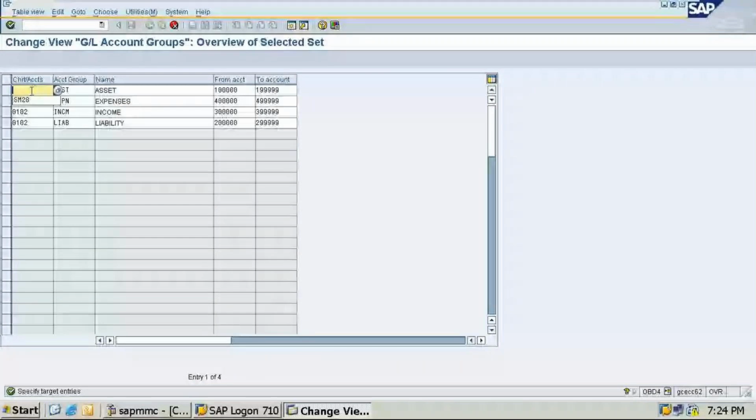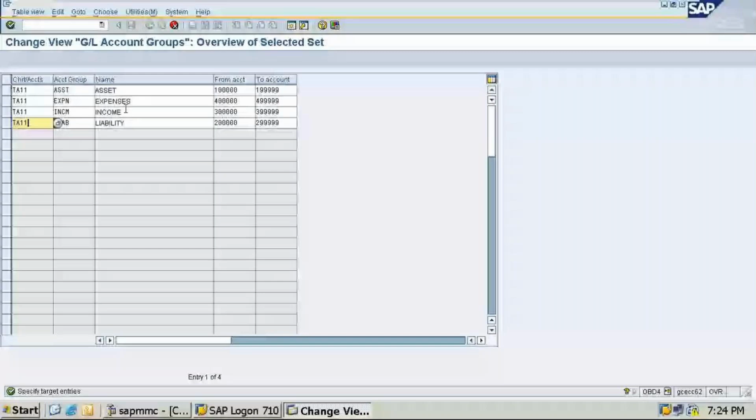Just use down arrow key. Don't press enter. You will be stuck or else. So TA11. Okay. So assets 1 lakh to 199. Expenses I have given 4 lakhs to 499. Income is 3 lakhs to 399. Assets and liability 2 lakhs to 299.